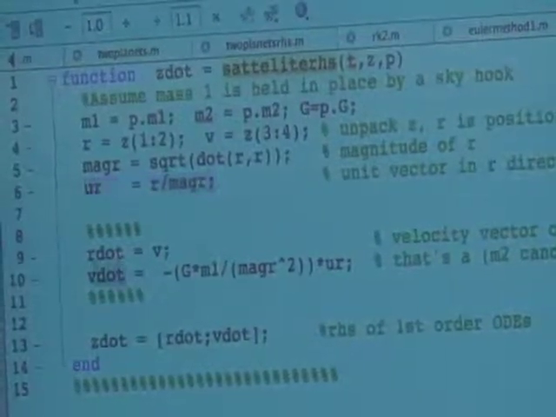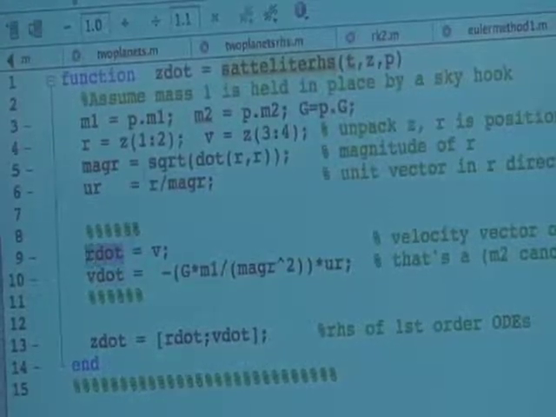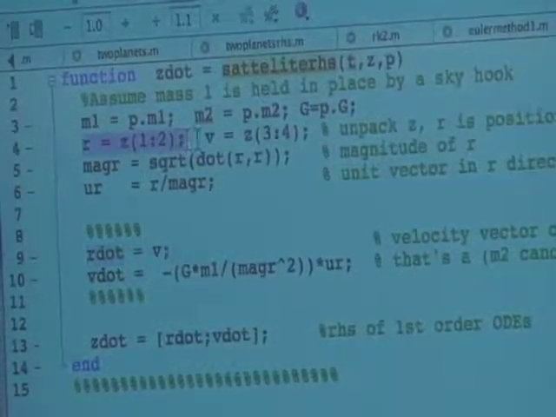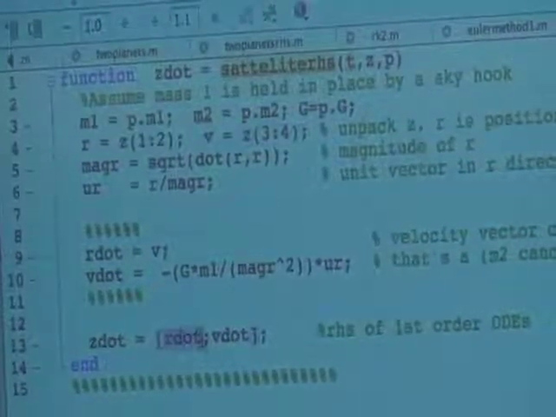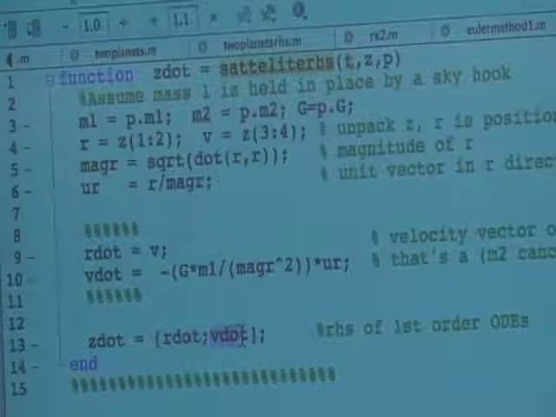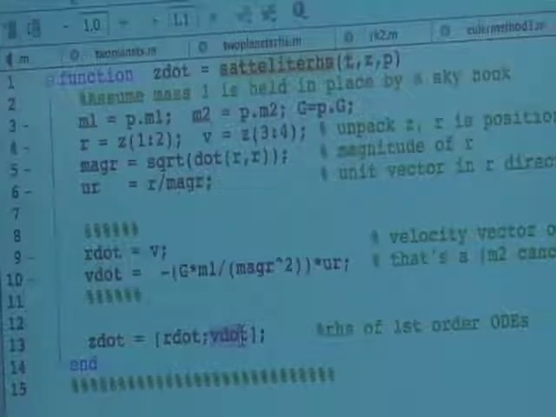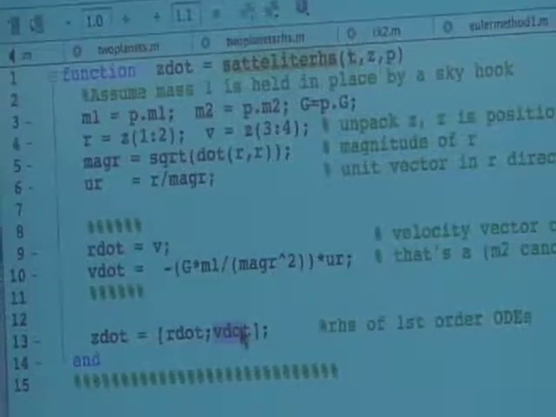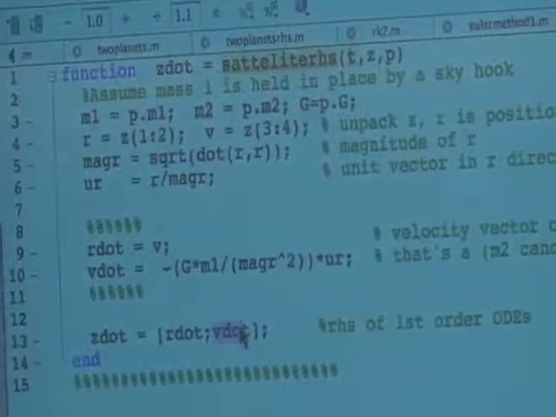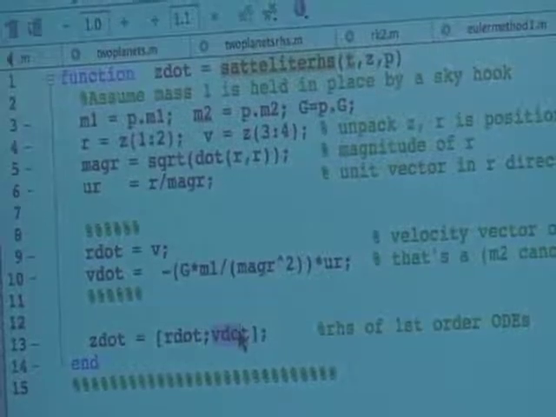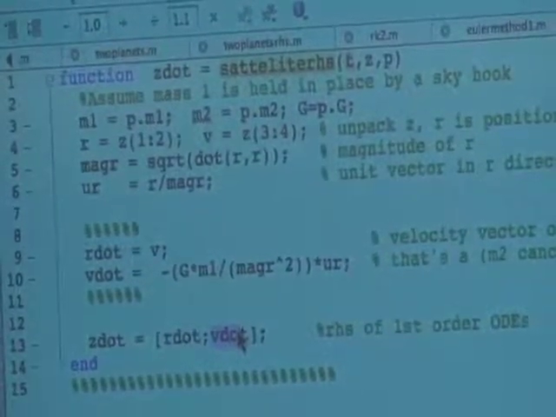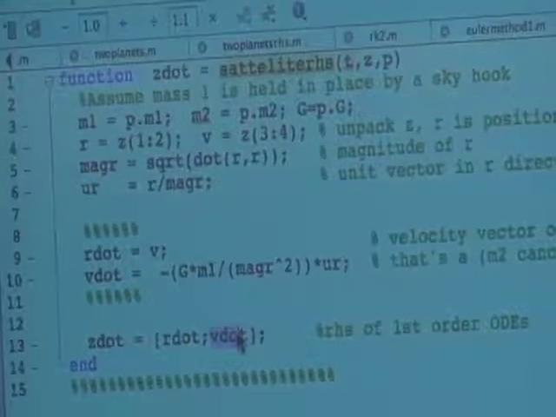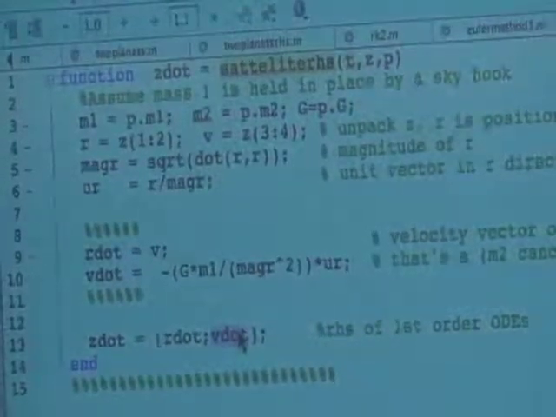So we have 2 numbers here for v dot and 2 numbers here for r dot, corresponding to the fact there were 2 numbers for r and v, and then we packed it up into a column vector, 1 column vector with 2 numbers underneath another column vector of 2 numbers, so it's 4 numbers altogether. So to keep track of a particle in 2 dimensions, we have 4 differential equations. 2 second-order differential equations, which we break into 4 first-order differential equations. Okay, is that clear? Any questions about that? Somebody ask one question, then we'll go on.